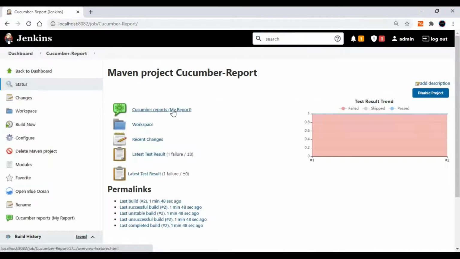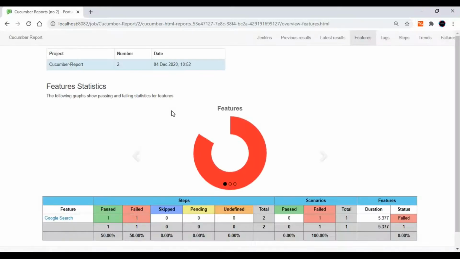We ran it two times, so now you can see build number 1 and build number 2 as well. Going back to this project, you can see the previous results and the latest results are now coming. Earlier it was only the latest result tab. If I go to the previous one, you can check this is my project name coming from Jenkins, this is the build number coming from Jenkins, and this is a timestamp. In the latest results, it shows build number 2 that we recently built, and the time changes.